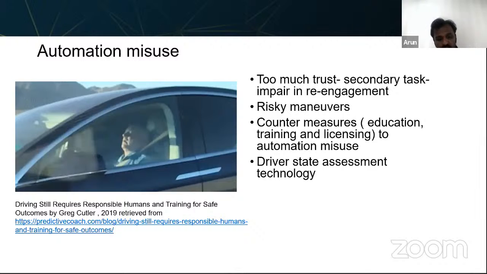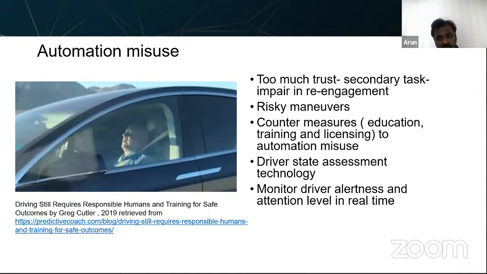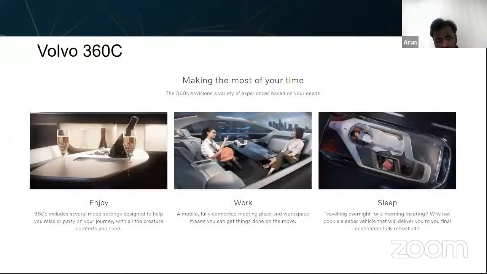Of course, there is a lot of research happening in that area, trying to figure out how to actually understand. Especially there are interfaces called brain neural interfaces, which can even help to understand when exactly the driver is going to fall asleep, and then probably it can provide some countermeasures. So monitoring the driver and also providing the right level of attention is quite crucial.